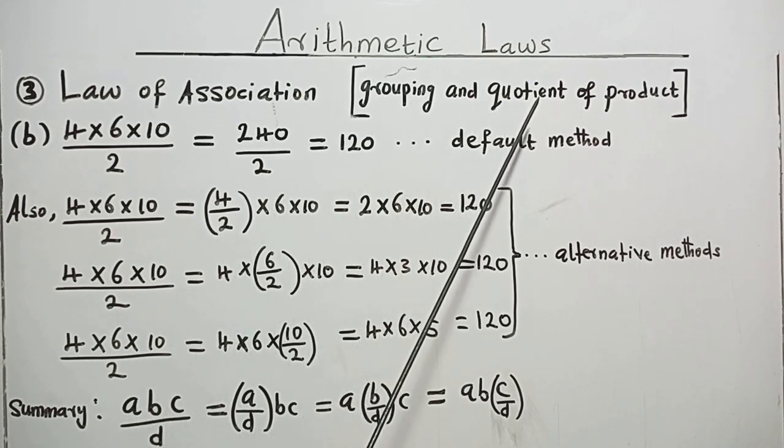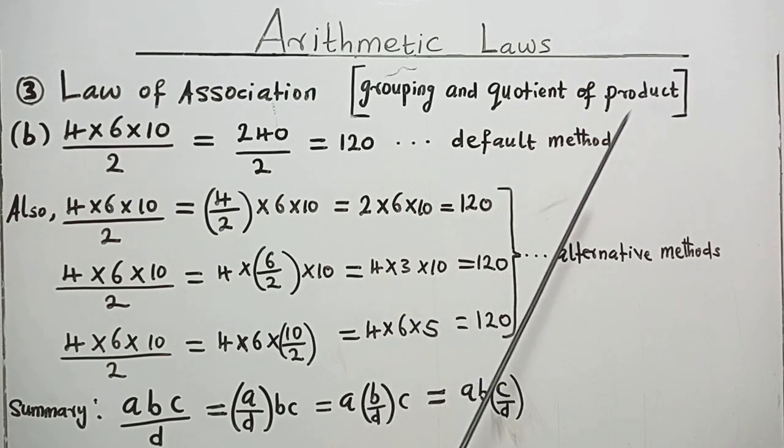This is a typical example of a quotient of a product. That is getting an answer from the division of a product by a divisor. A, B, C means A times B times C. It therefore means that A, B, C can be considered a product, and that product is being divided by this D. So when we divide a product by a number, this, and this are different ways we can carry out